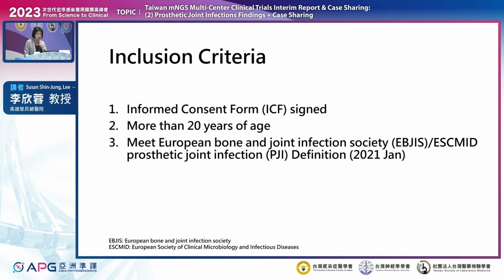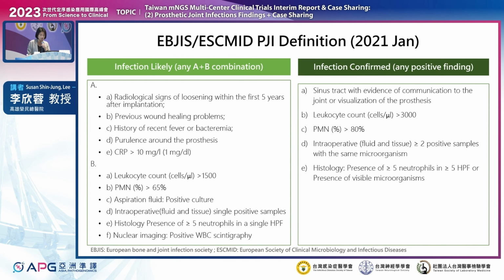The inclusion criteria include adults over 20 years of age who sign informed consent, and that the infections meet the criteria and definitions of the European Bone and Joint Infection Society and the European Society of Clinical Microbiology and Infectious Diseases for prosthetic joint infection. The definition of prosthetic joint infection is that any one of the positive findings will